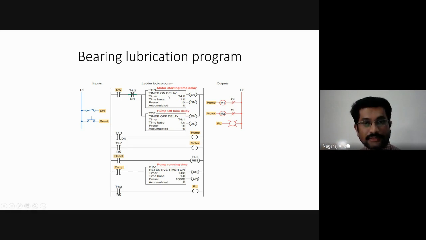That is, again the first motor will be turned on, then later the second motor will be turned on, then the retentive timer is turned on. Then for the next round of operation, the retentive timer will hold the previous value. This will continue up till 3 hours, that is 10,800 seconds. Once it becomes 10,800 seconds, the pilot light will be turned on. Right? So this will continue. I hope it is clear, Inoj. Yes, sir. Okay.